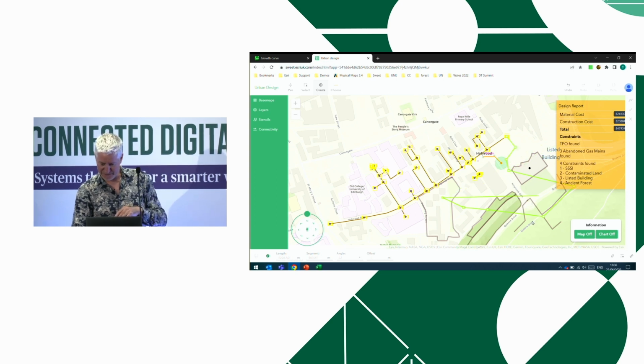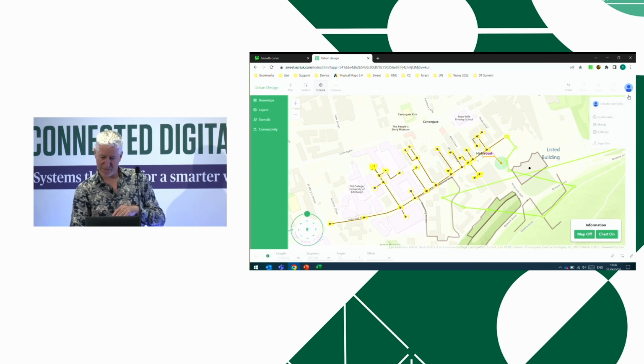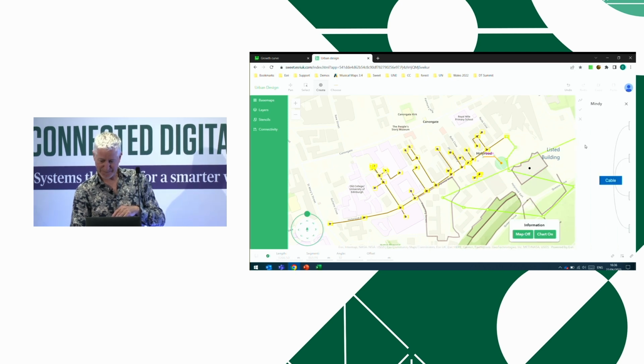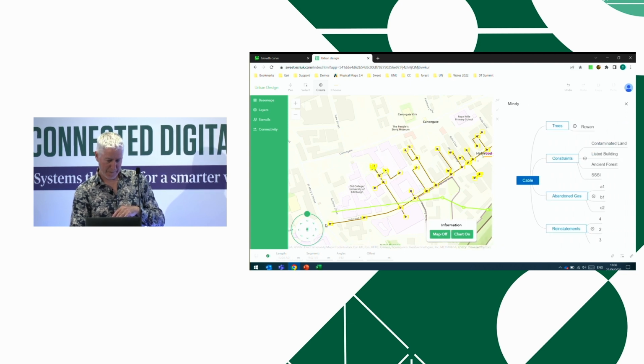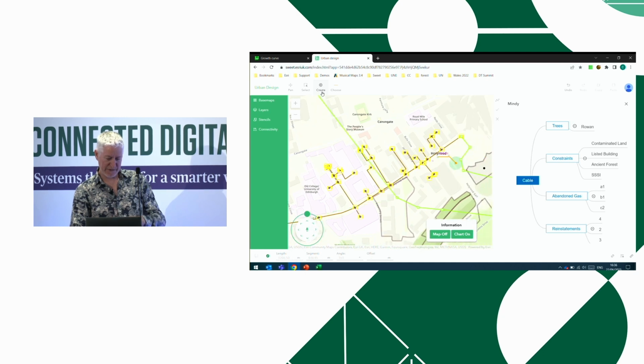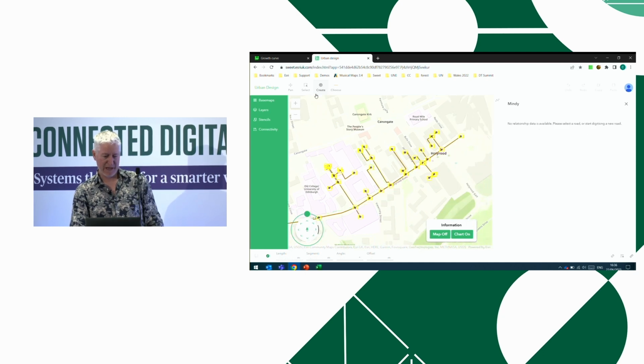Now this part, I'm going to turn the chart off. I am going to go here. This was written last week to get a point across. So over here, I have got a graph database. And if I get rid of that line and start creating again, you will see, if I just put a line here,